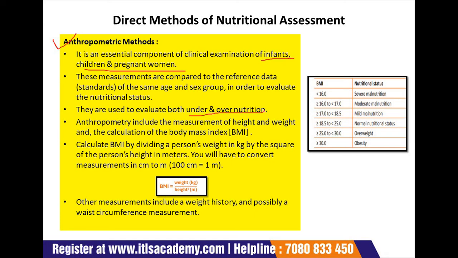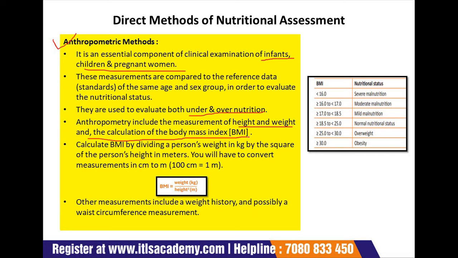Anthropometry includes the measurements of height and weight and the calculation of the body mass index, called BMI. BMI is used to assess overweight and obesity and to monitor changes in body weight. BMI is an anthropometric indicator based on the weight to height ratio. It is used to classify malnutrition in non-pregnant and